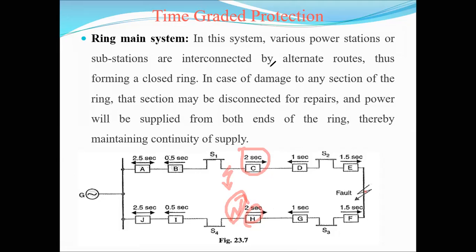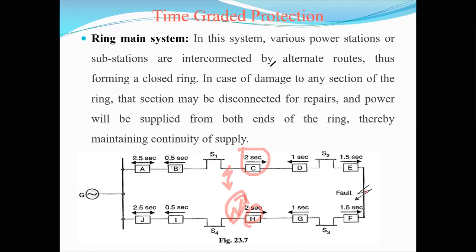Okay, that is the radial system. In that radial system we also arrange the time gradient multiplier protection. That means we are using a number of feeders, so a number of relay coils. At the sending end we are using some relay coils, at the receiving end we are using some relay coils. Depending upon the time or point of that fault, that relay coil automatically adjusts the time setting multiplier. By using the time setting multiplier, that relay coil adjusts the time.